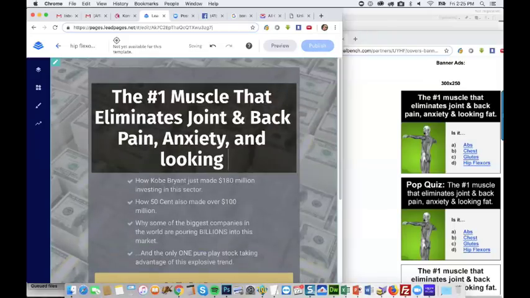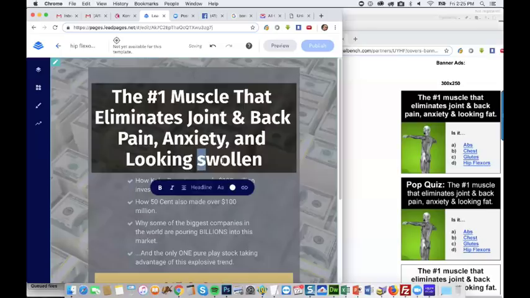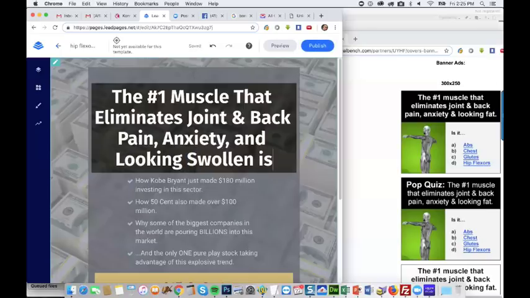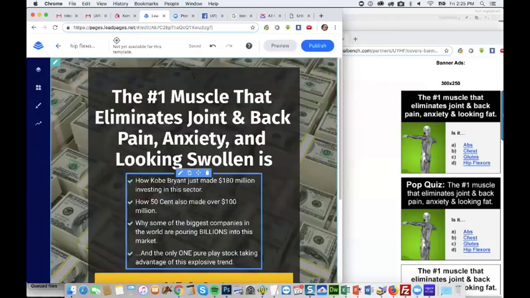that we don't want it to be put in the category of weight loss at all. So let's say looking swollen. That should be okay. We'll make this a headline. So I guess we'll say swollen is, and we'll just go